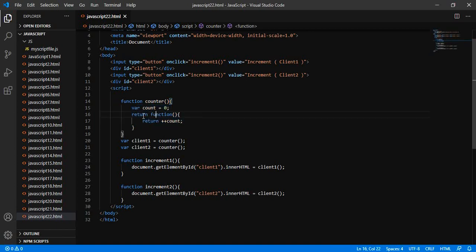We have got this function that has access to this local variable of the outer function, and we are calling this function from outside the scope, but we still have access to this count variable. In the same way, for counter 2, it will again return a function with its own outer function variable. So both are separate.